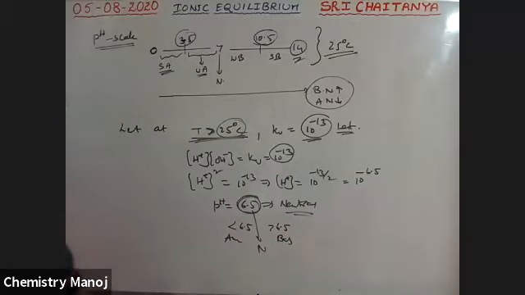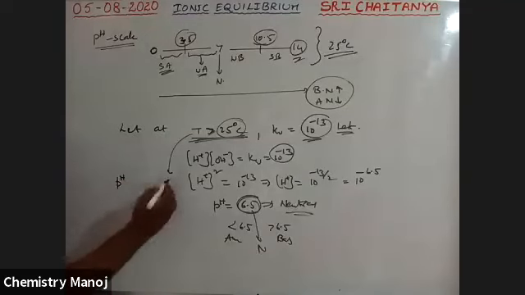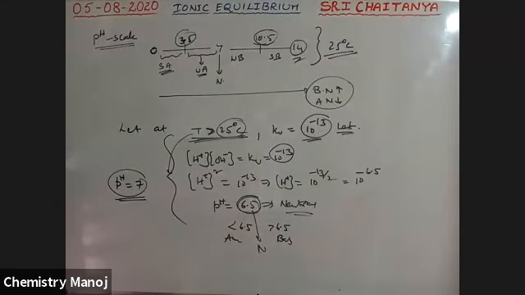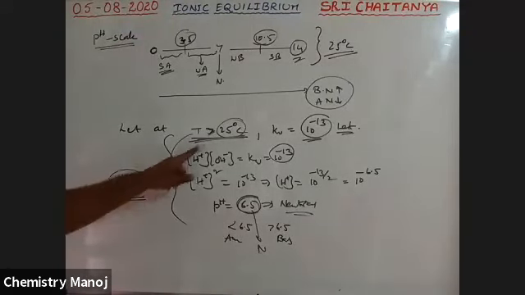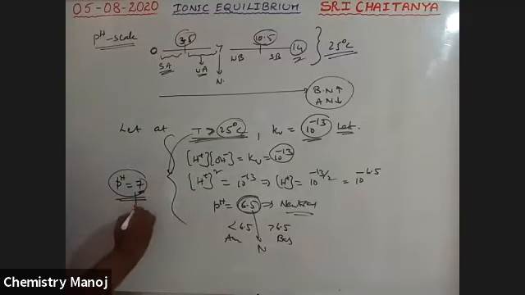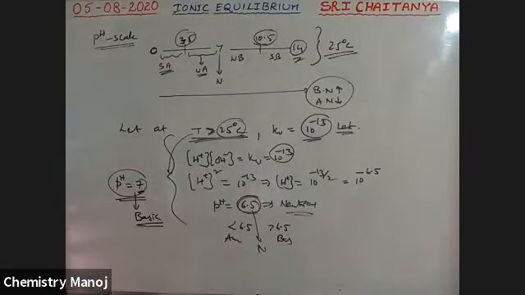Now, see guys, at this temperature, if the pH of the solution is equal to 7, is this acidic, basic or neutral? Tell me. At this condition I got pH equal to 7. Neutral, acidic, basic? Yes, it is basic because it is greater than 6.5. Now it is a basic solution. Yes, correct, my dear boys.